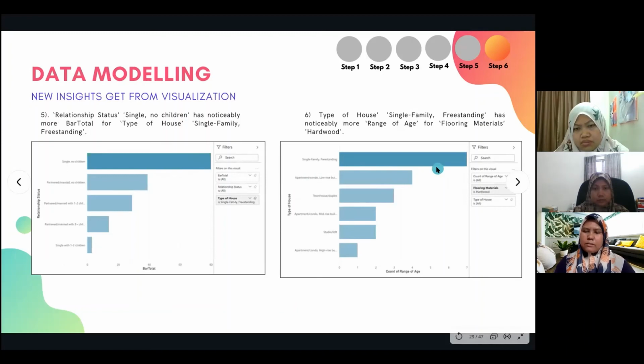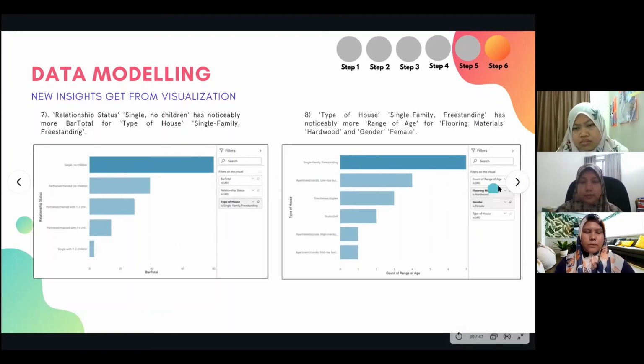The next one is that type of house, single family, freestanding, has noticeably more range of age for flooring material hardwood. Seven, relationship status, single, no children, has noticeably more bathroom total for type of house, single family, freestanding. The eighth one is type of house, single family, freestanding, has noticeably more range of age for flooring material hardwood and gender female.